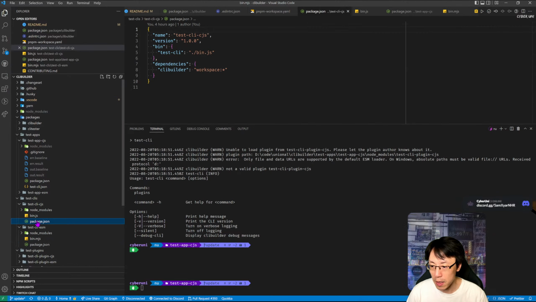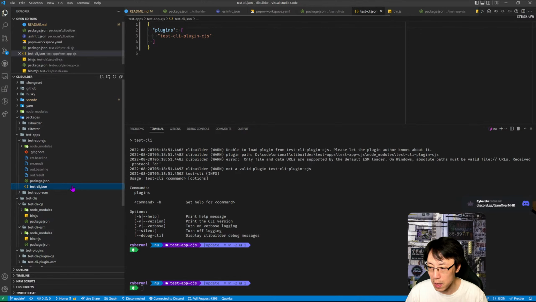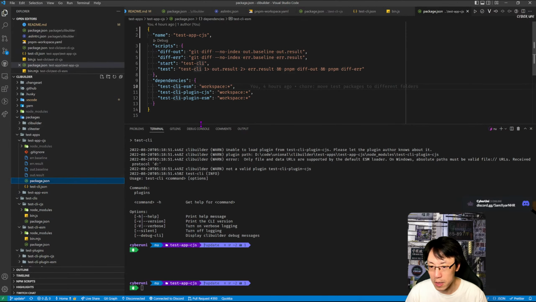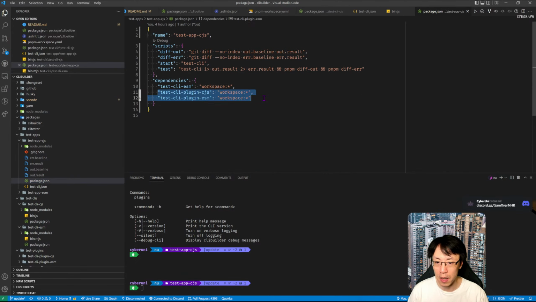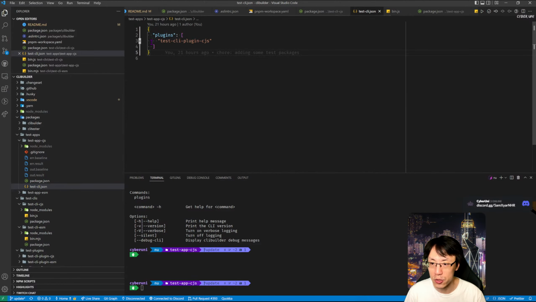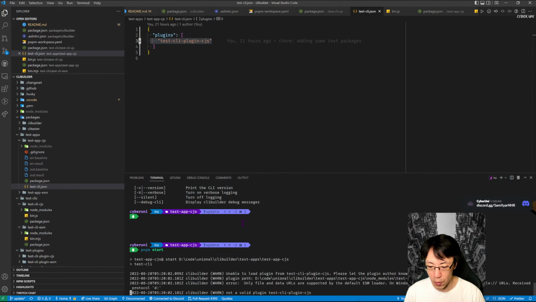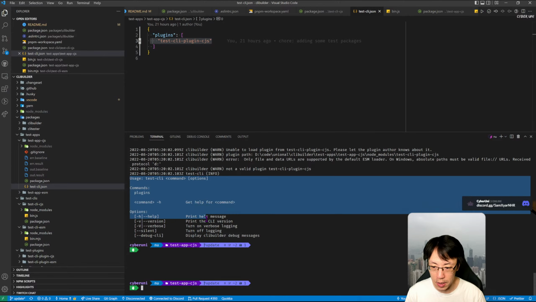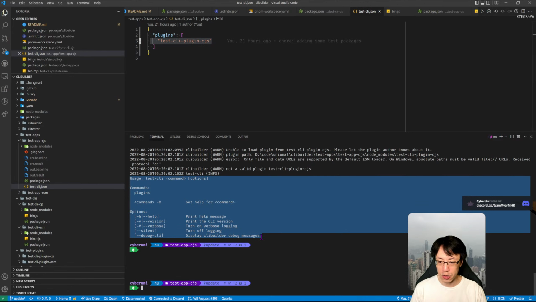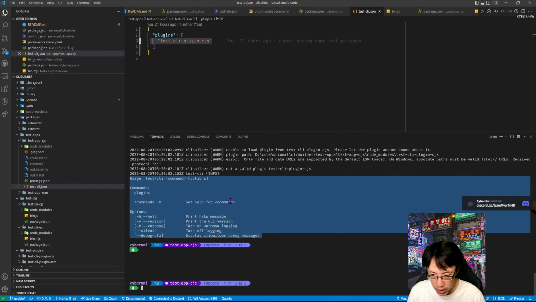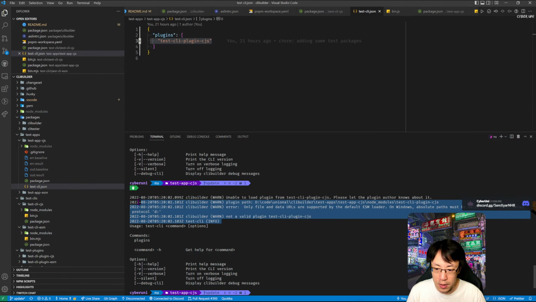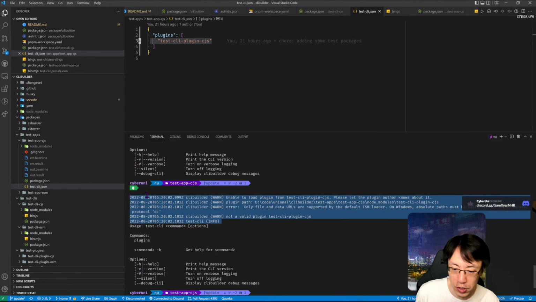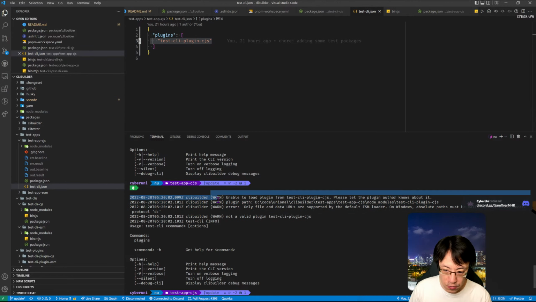And this project is including these 2 plugins, and it is mentioned over here, but it's only using one. So when I run it, you see that it prints out this test CLI message in the console, which is expected. But these logs are actually not expected, or maybe it is for this,